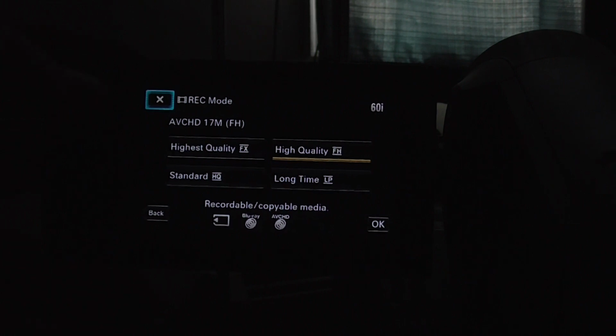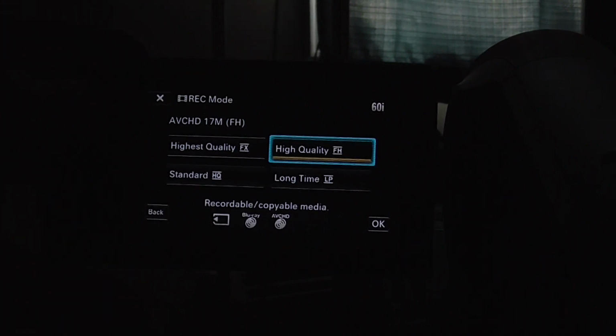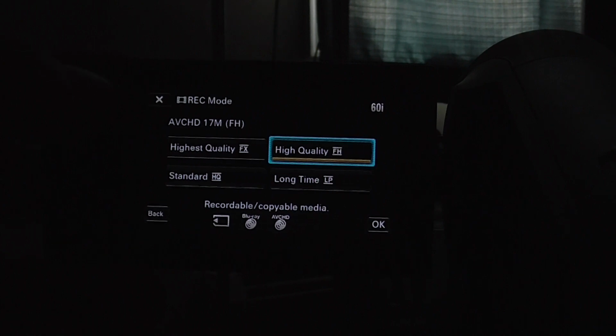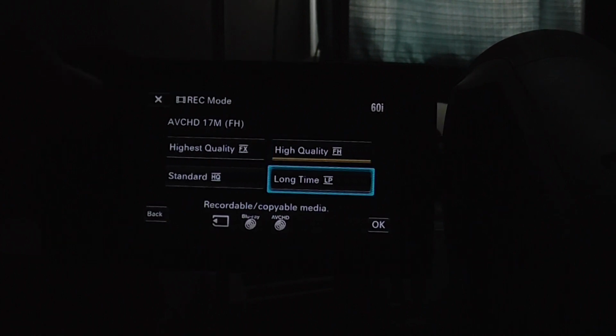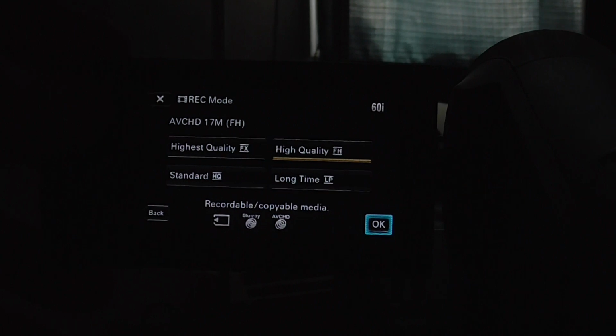Okay, so now I'm going to push the navigation button down to the OK icon there on the bottom right. But first I will select high quality. High quality is highlighted. Now I'm going to press the navigation button. You can see high quality is fully selected because it's underlined. So now I'm going to push the navigation button down to the OK icon on the bottom right there on the screen. And I'm going to press the navigation button now. Okay, and we are now ready to shoot 60i in the file